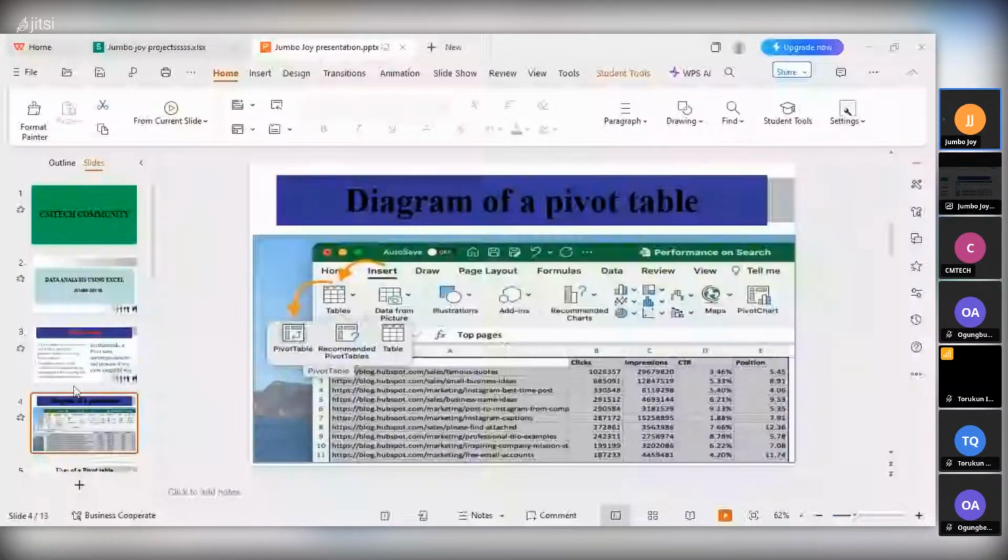So you asked us to work on a pivot table, which I also